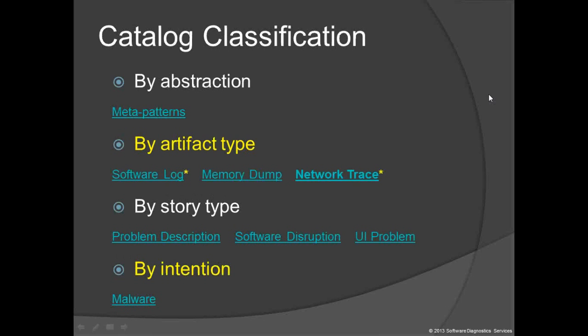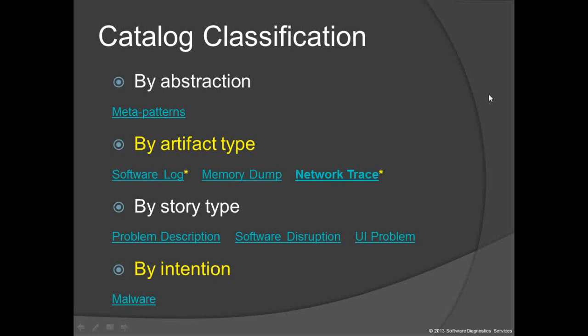In pattern-driven analysis, we use pattern catalogs of pattern descriptions. Catalogs can be classified by abstraction, for example, as software diagnostics meta-patterns, which are patterns of software diagnostics itself, by the type of software execution artifacts, such as software traces and logs, memory dumps, and network traces, by story type,